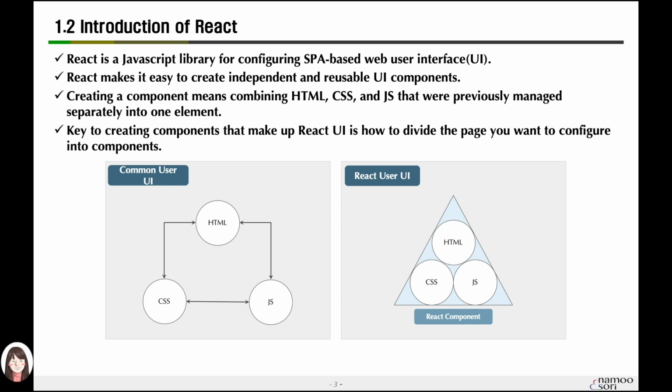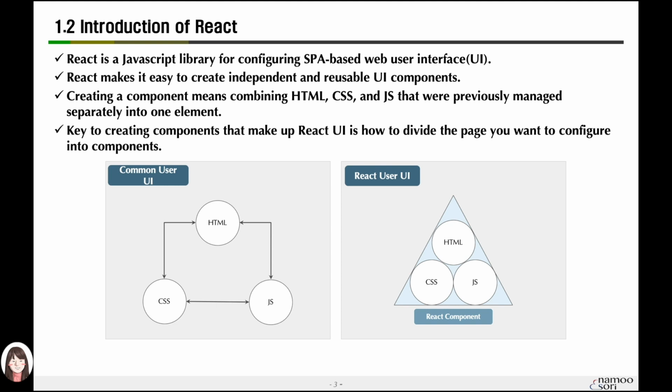It is good to know why we need to use React more than the common existing web application. In the past, assuming that we create a page in a web application, the languages that make up the page are HTML, CSS, and JavaScript. Of course, it is not common to use a separate library or framework such as jQuery or Bootstrap, but the base is HTML, CSS, and JavaScript.